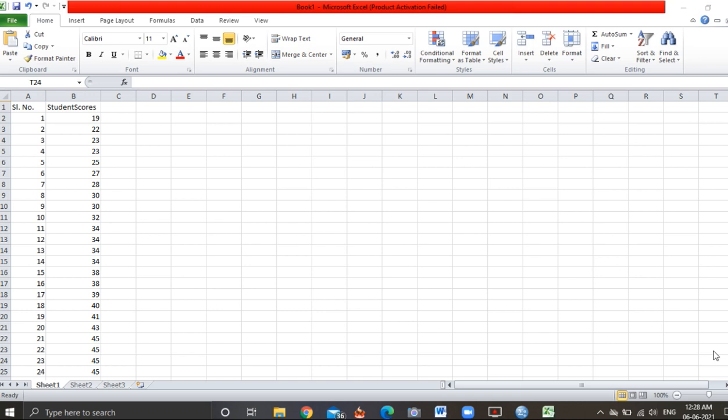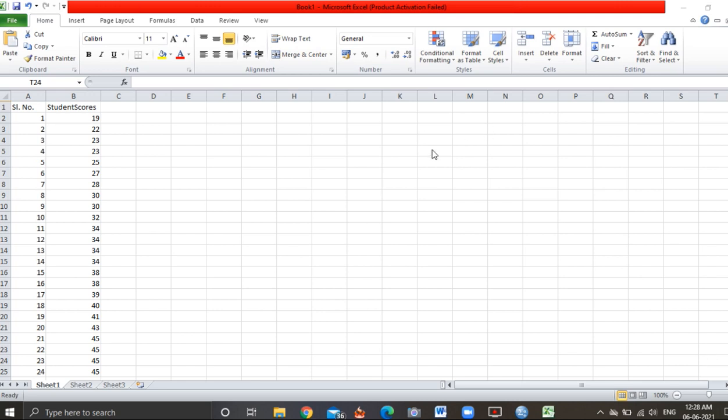This session will be beneficial for all those teachers who compute the data on students' performance on a daily basis, and also for the research scholars who are new to research, as well as those master degree students who want to do quantitative descriptive research as part of their dissertation.